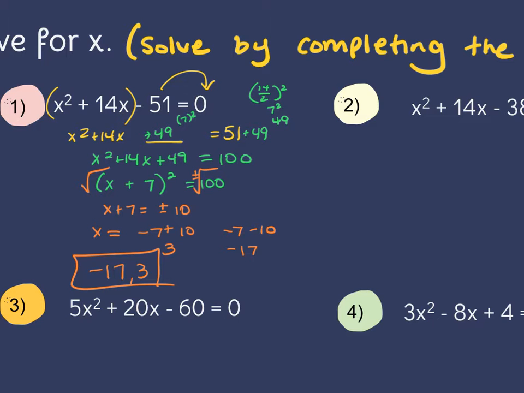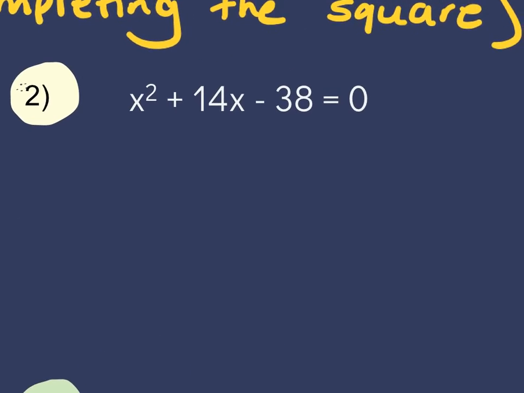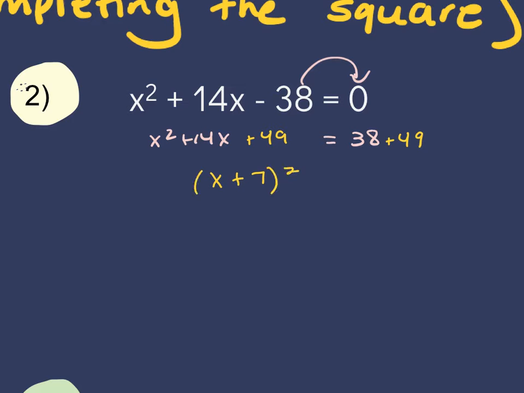Okay, then comes number 2. Number 2, do the same first step. Move that to the other side. X squared plus 14x equals, this time it's 38. No number attached again. I already know 7 divided by 2 is 49. I can add the 49 to the left and to the right. I already know this factored as x plus 7 squared equals